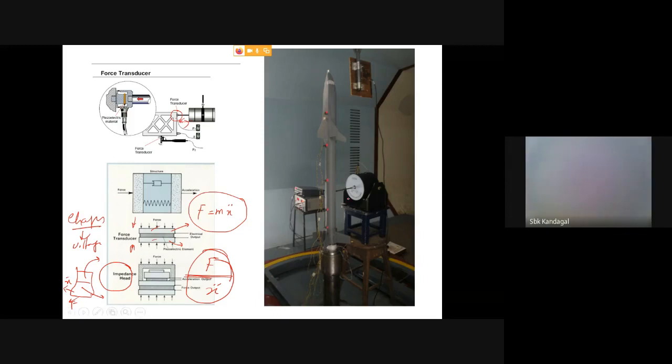This is one of our launch vehicles. You can observe that we have a laser vibrometer connected to the tip here. It is a non-contact type of accelerometer, also used to find out the deflection due to the wind. Here an electrodynamic shaker is used, and you have a signal generator and a power amplifier which drives the electrodynamic shaker, to find out the dynamic characterization of this. So before putting it into the wind tunnel, we have to do the aeroelastic design and verification.